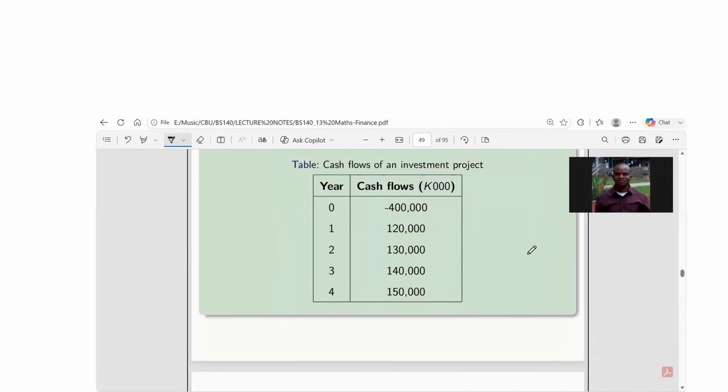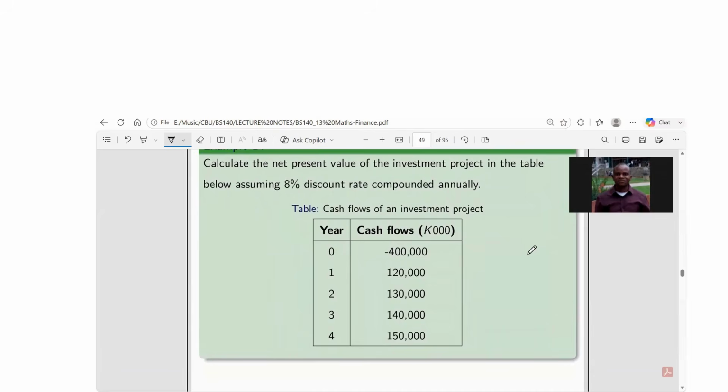Example number 14. It says calculate the net present value of the investment project that is given in the table below, assuming 8% discount rate compounded annually. So remember, discount and interest, they are just the same. The only difference is that discount is charged at the beginning of the year and interest is charged at the end of the year, but they mean one and the same thing. The question says calculate the net present value of the investment project in the table below, assuming 8% discount rate